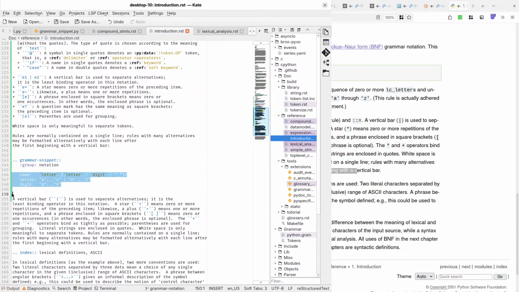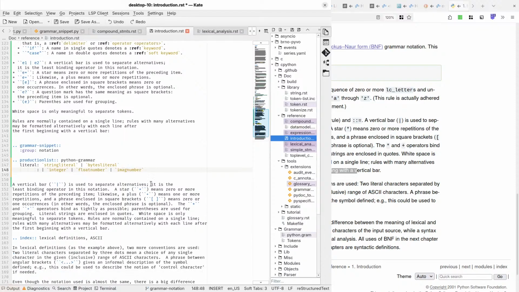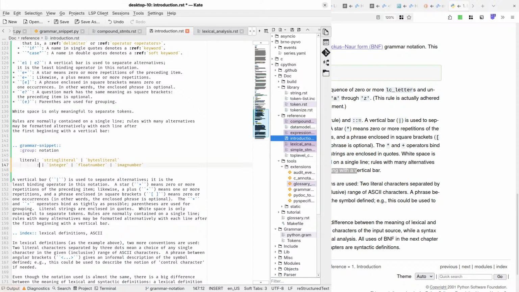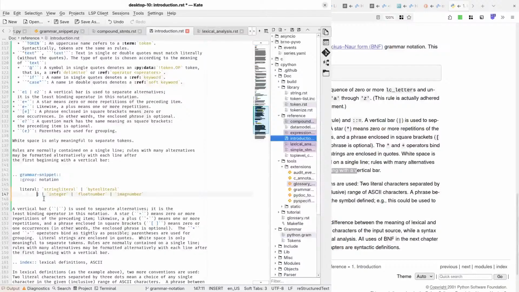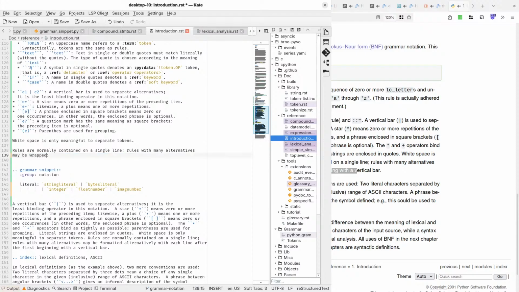In that example, it looks like image number might be spelled incorrectly. It's a contraction of imaginary number. Oh, I see what you're saying. Okay, I misunderstood. It's actually imaginary. Okay, got it. Nodes with many alternatives may be wrapped.